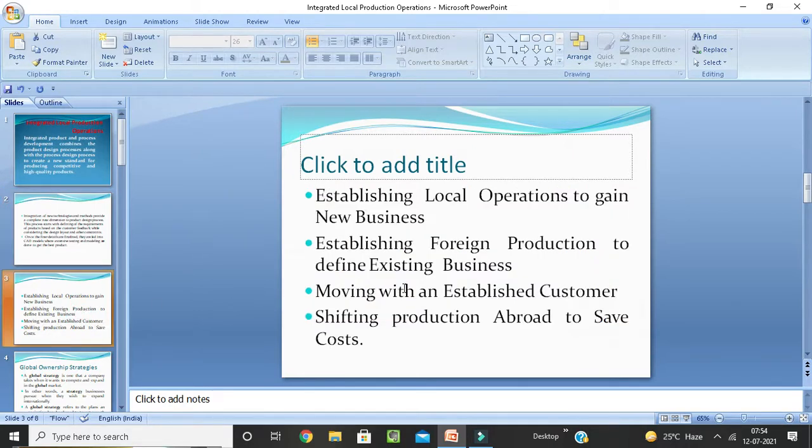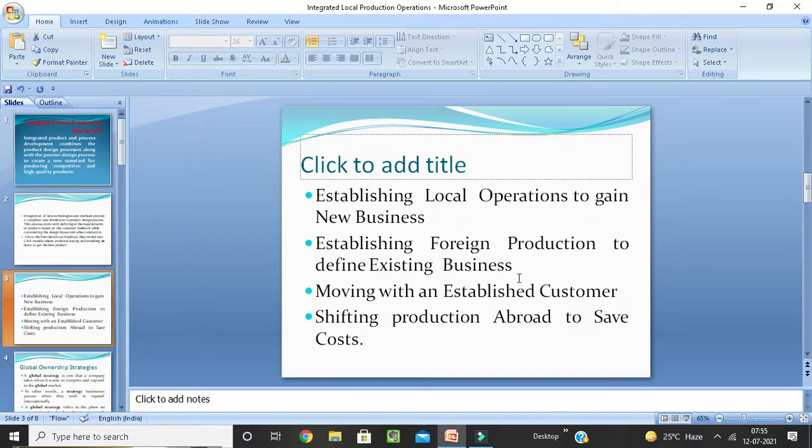Now, establishing local operations to gain new business. What does this mean? Some companies want to build a plant to gain new business and customers. It is done as a local production commitment, which represents a strong commitment, and is often the only way to convince clients to switch suppliers. This is particularly important in industrial markets where services and availability to supply are main factors determining product or supplier choice. Next one